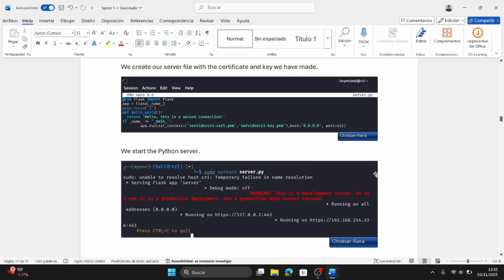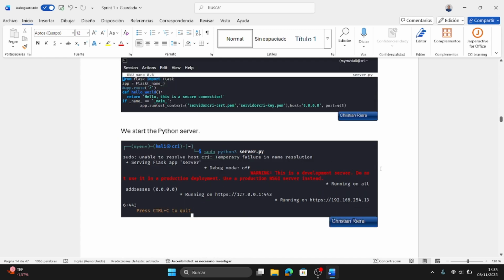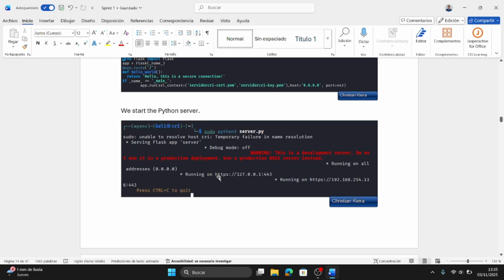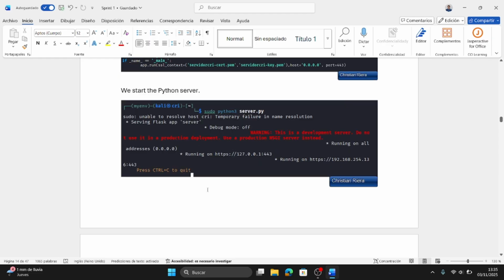We start the Python server with sudo python3 and the name of the file, and it is going to say that it's running.